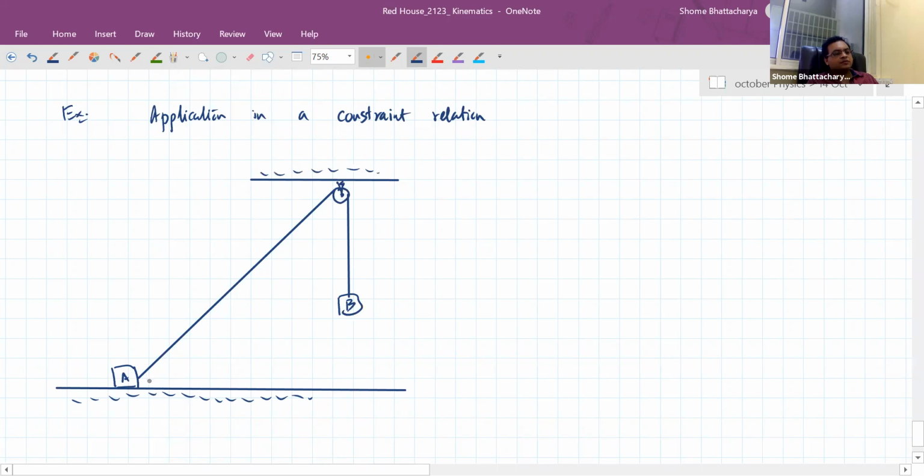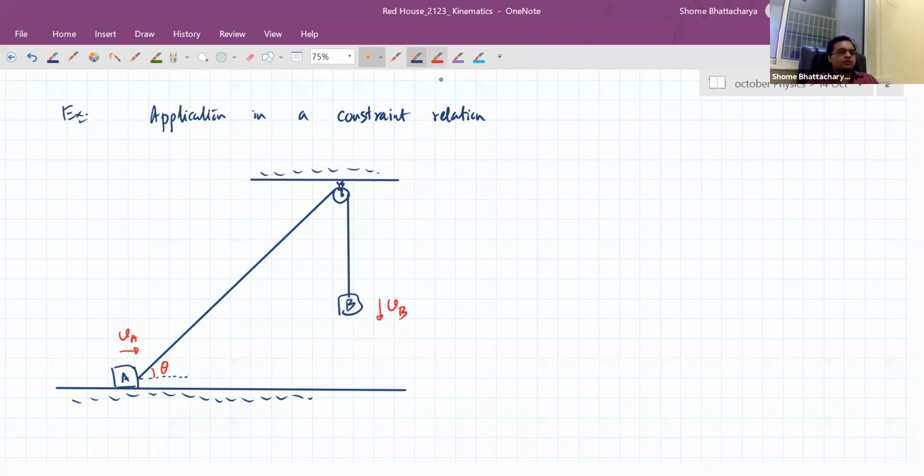As we can understand from the diagram, B's weight will tend to pull it down. So at some instant, it has some downward velocity Vb, and the thread will be pulling on A. Unless the force becomes so much that A jumps off, we can assume that till that point A is moving horizontally, and this angle theta will constantly be changing. As A is coming more and more in this direction, you can see theta will keep increasing, but B will keep coming down vertically till it hits the floor.